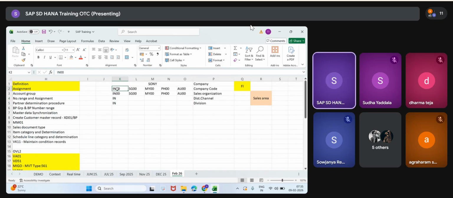If you're asking, in place of 4 digits, can I give 3 digits? I will give like that, only 3 digits. Will it work? Yes. If a client is asking, my code is IN0, SJ0, like that, yes, it will allow up to 4 digits. You can give. Clear? Understanding?